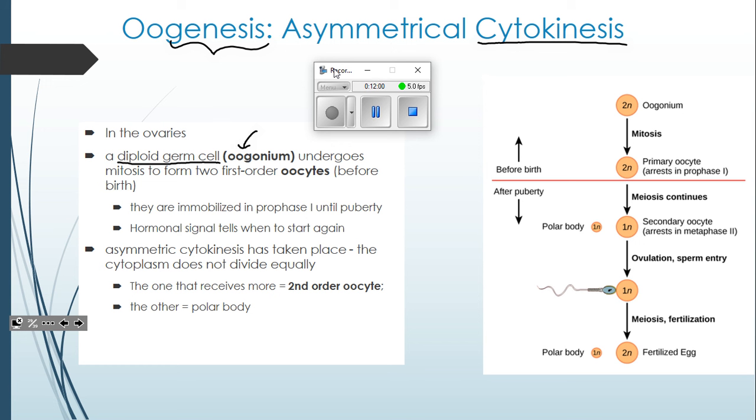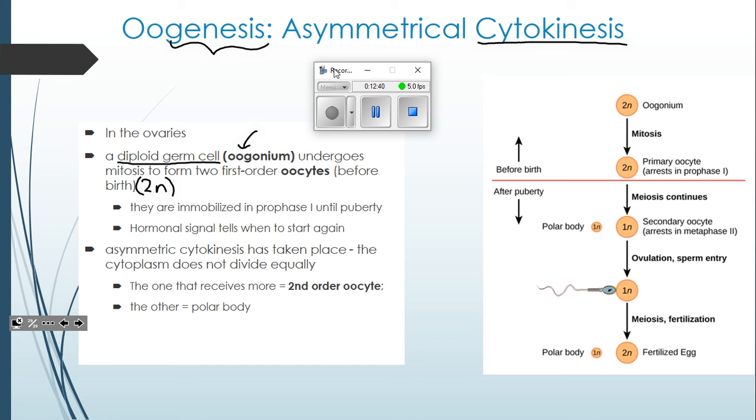It's called an oogonium. You can see on the picture on the right, I'm just describing what the picture says. I always try to put a picture and a description with words because some people like the picture more than the words, and some people like the words more than the picture. So you can see 2N oogonium. It goes through mitosis, just like with the spermatogonium, to form first order or primary oocytes. You can see on the picture, these are still 2N because it was mitosis, and mitosis does not change chromosome